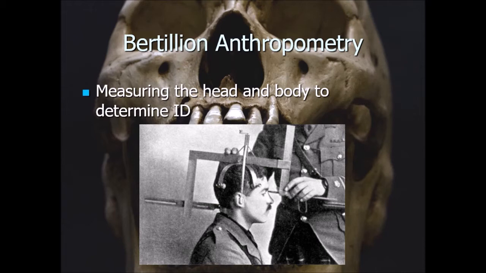That would be at a police station or, more often than not, in the entrance to prison. They would have these devices that they would stick on their heads and take all these different measurements of the individual. They would measure the length of their arms and legs and the length of their fingers and length of their nose and distance between their eyes, etc., etc. Interestingly, a lot of what we do today is based on these same principles. But the Bertillon anthropometry had a few problems. It was great for a while